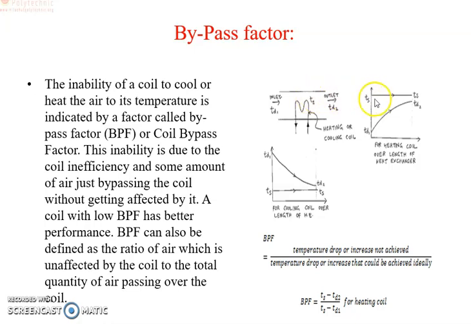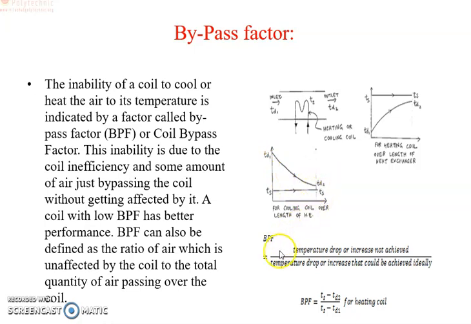In this diagram for the heating coil, the surface temperature is constant and the temperature increases from TD1 to TD2. For the cooling coil also, over the length you observe the surface temperature is constant and the temperature decreases from TD1 to